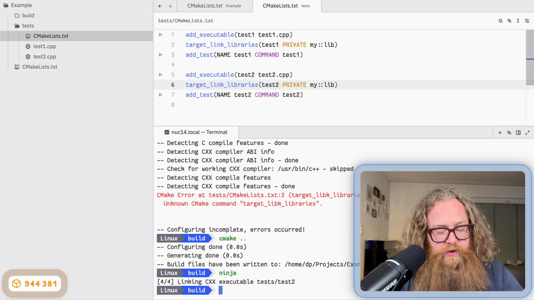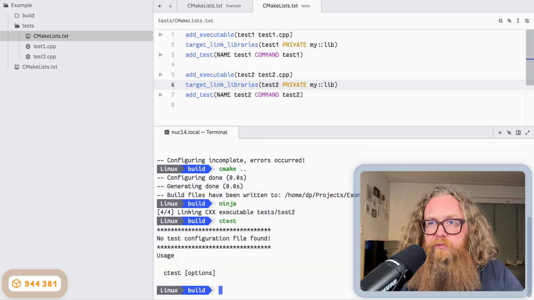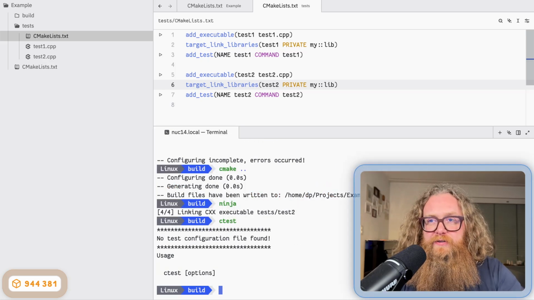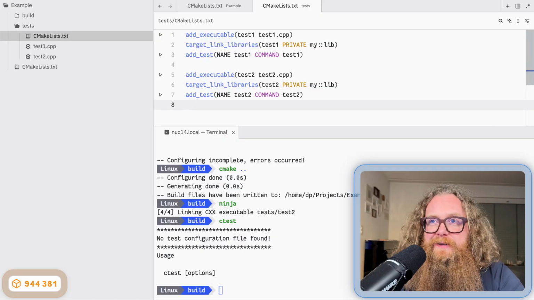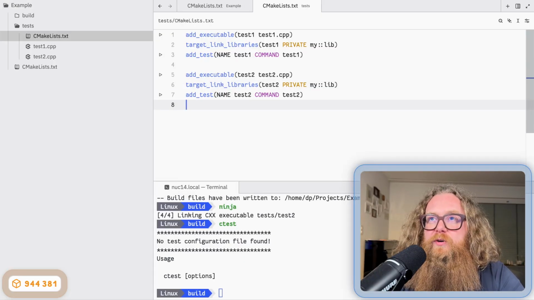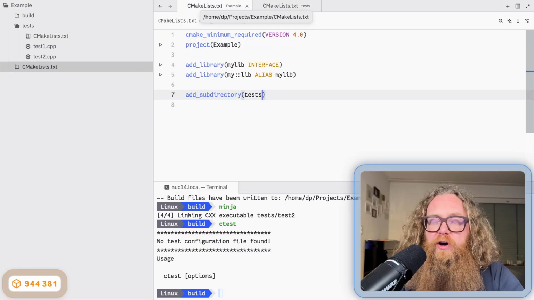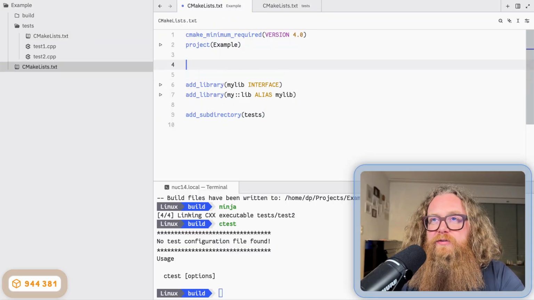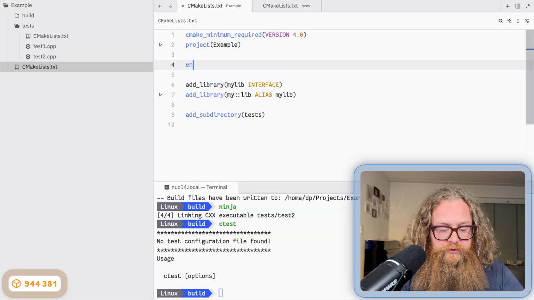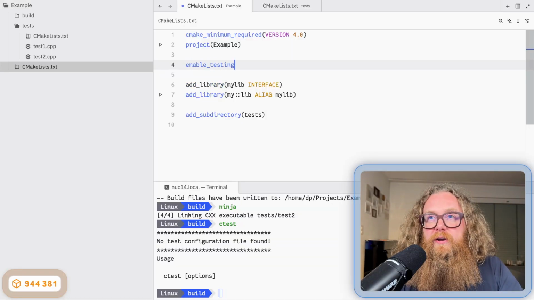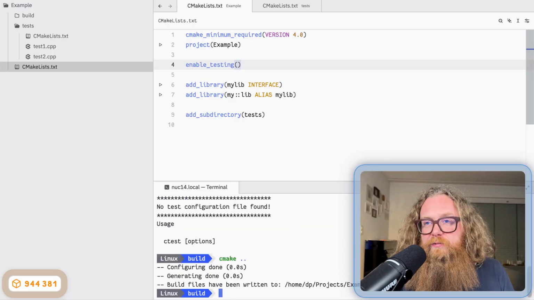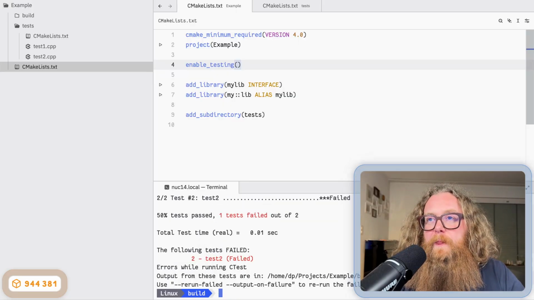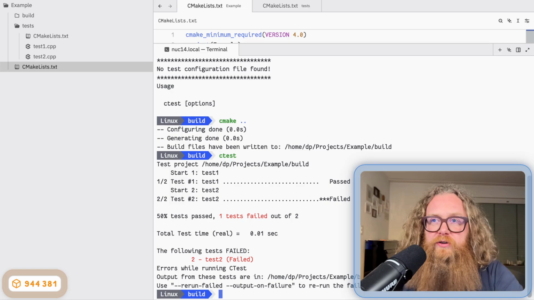Now let's see what happens when I run ctest. It tells me test configuration file not found. And this is because we did not enable testing. So we have to add in the top level CMakeLists.txt file this command called enable_testing. Okay, and now if we rerun the configuration and rerun the tests, we see that our tests are executed,